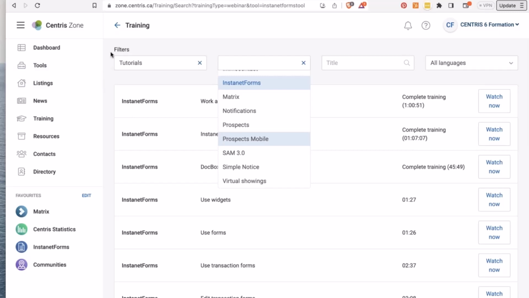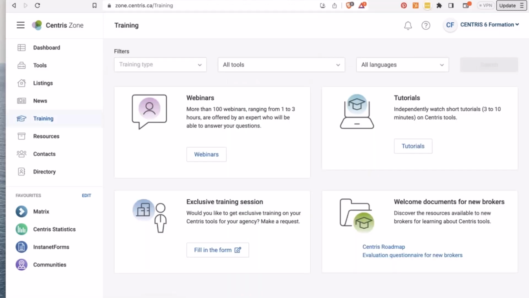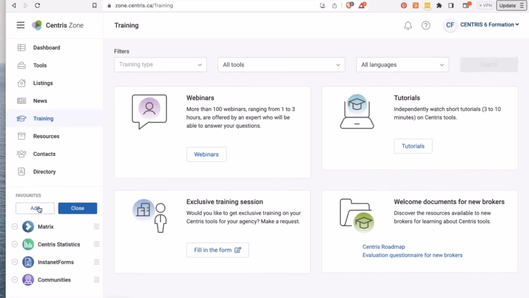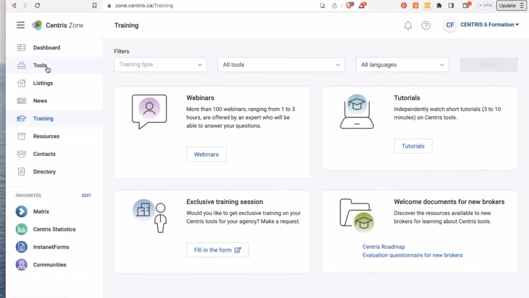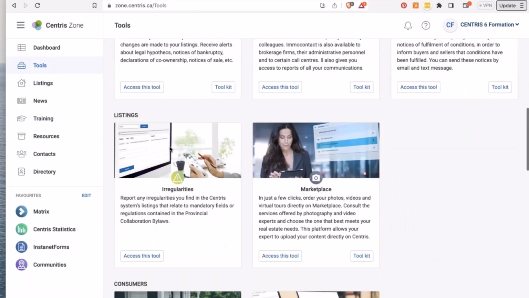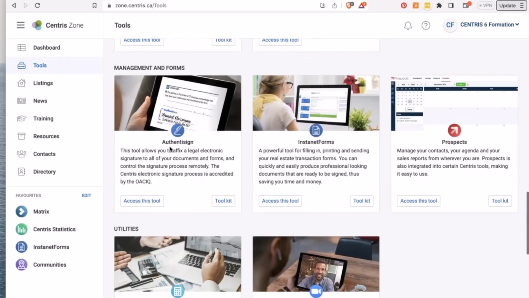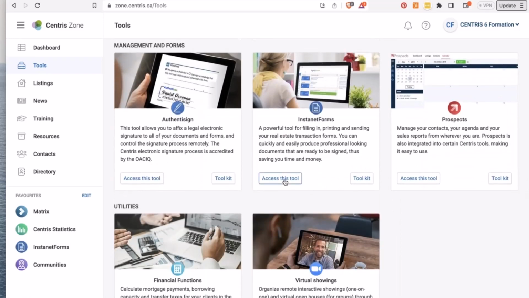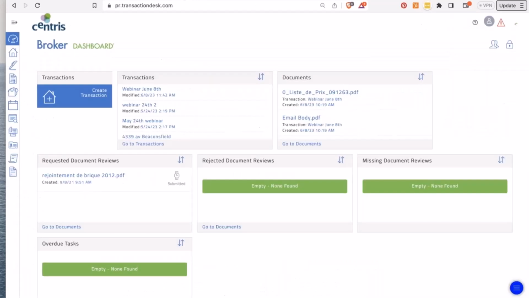So I'll access here the InstanetForms tool. I have it in my favorites here on the left. If you don't, you can always edit and add InstanetForms, or if you're going through tools, you could scroll down to InstanetForms and access the tool. Okay. So you'll be arriving on the